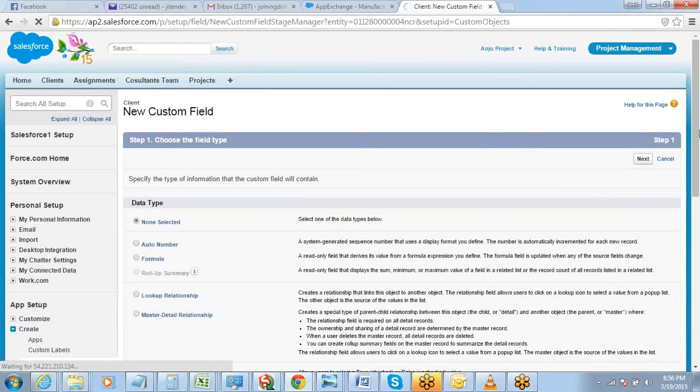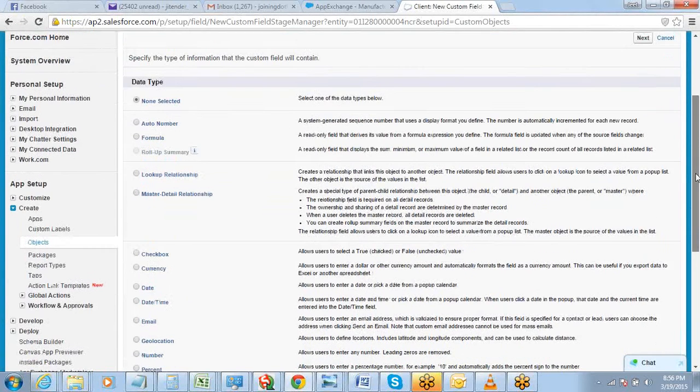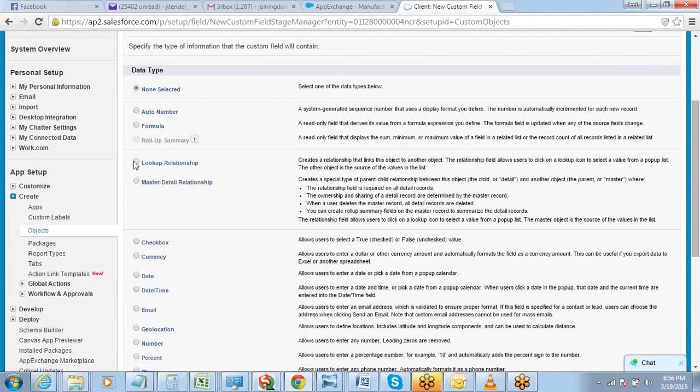Alright. So when we click new custom field, you see there are two relationship fields. I told you there is a lookup relationship and a master detail relationship, a special type of parent-child relationship. You don't need to worry about that.